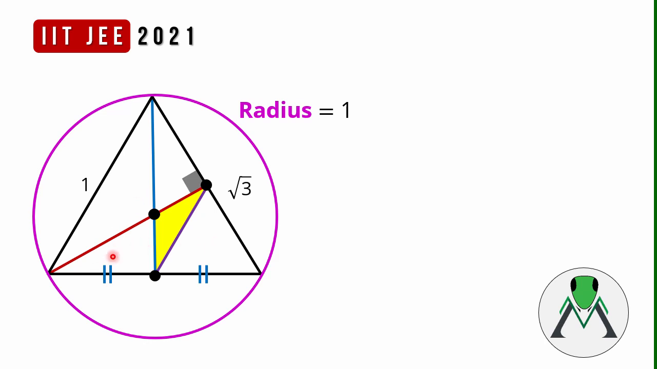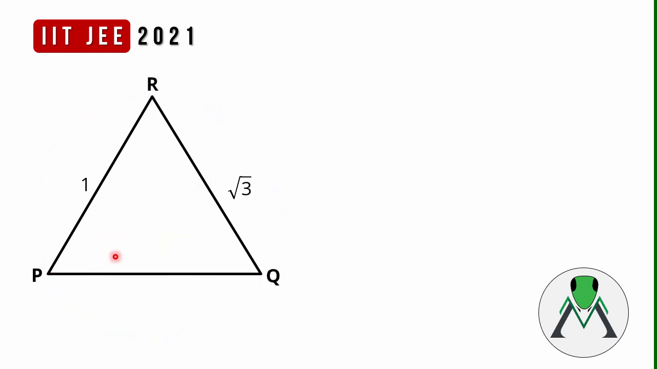In the question, it was given to us there is a triangle PQR. Two sides of the triangle were given to us, one side is 1, the other side is √3. Then it was given that there is the median of the triangle drawn from point R which is intersecting side PQ at S, and there is an altitude drawn from point P